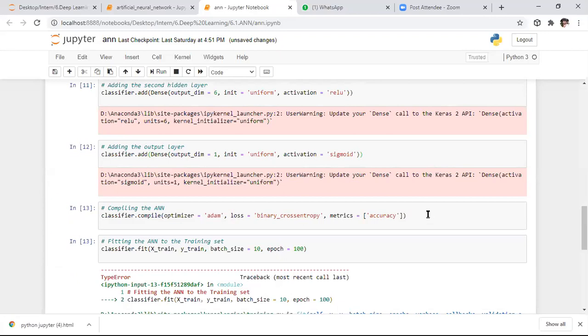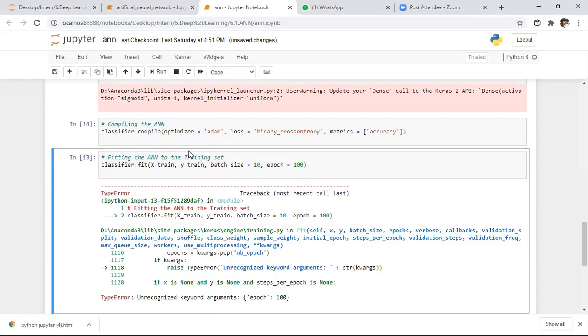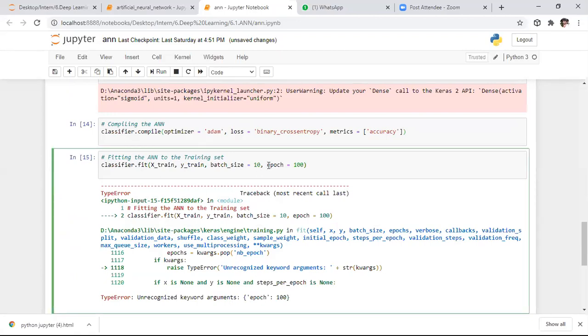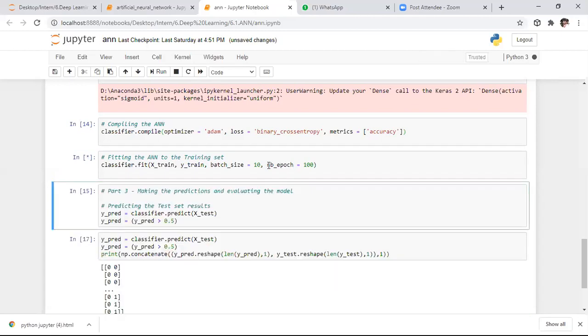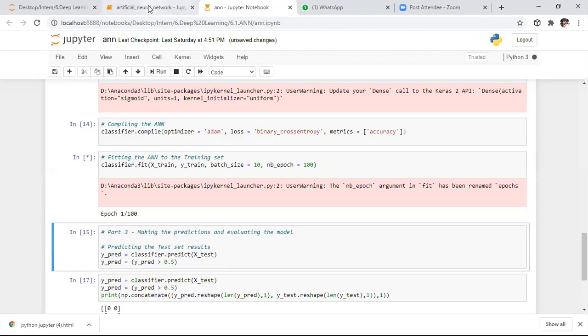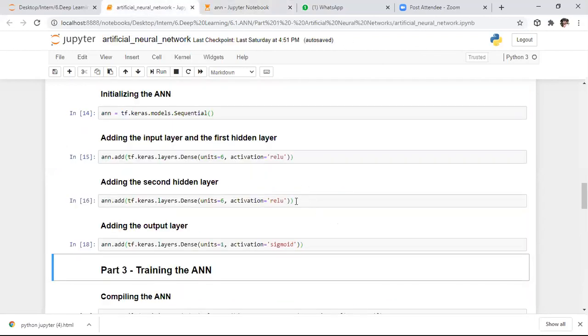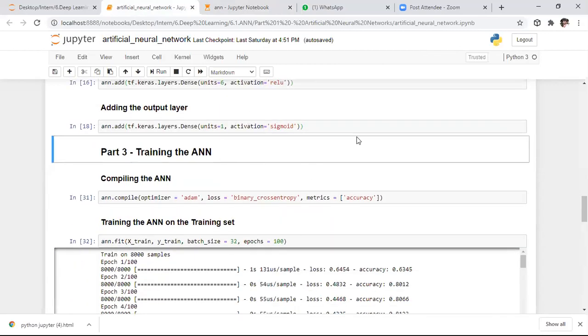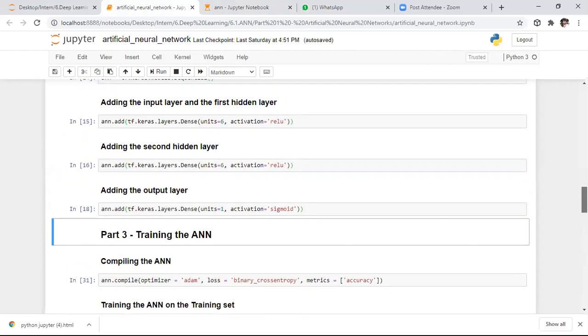Before this, we need to execute this step. After executing that step, we need to execute this portion. Here it says unrecognized command epoch, so epoch is okay. Sorry, I'm running this portion only. I did the same thing before, whereas with the updated version I did this. After adding the output layer, we need to fit our model. So here we fitted our model. After fitting the model, what do we need to do?